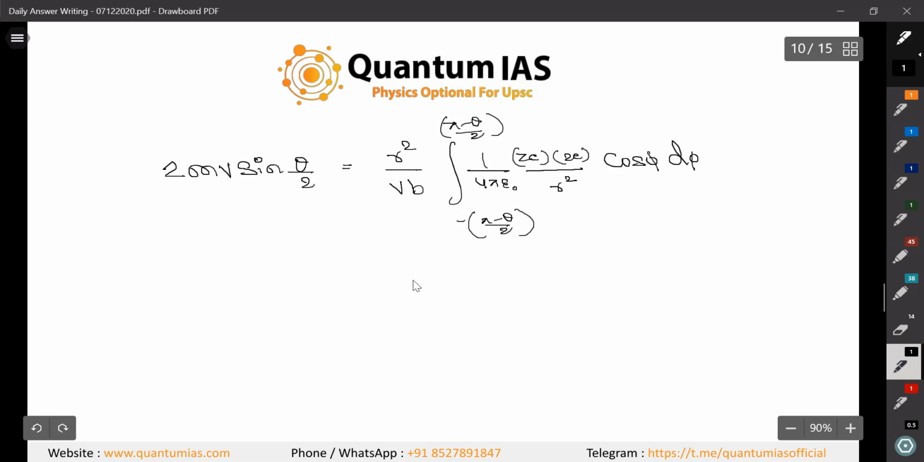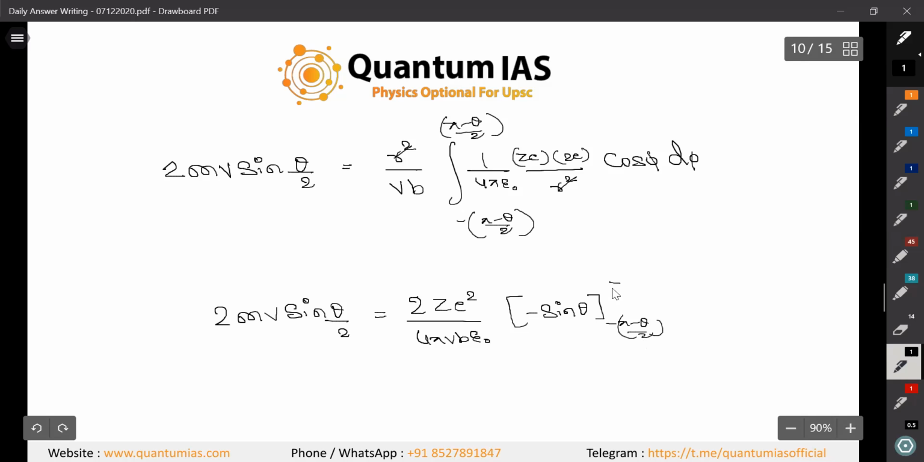Just do the calculation. So we will be left with 2 mv sine theta by 2. Here r square will cancel out each other. So it will become 2Ze square upon 4 pi vb epsilon naught, and it will be sine theta from minus pi minus theta by 2 to pi minus theta by 2. You can put these things together and I can simply write you the result. We need to find this b. So 2 will cancel out each other, v will be multiplied, so we can simply write b equals Ze square